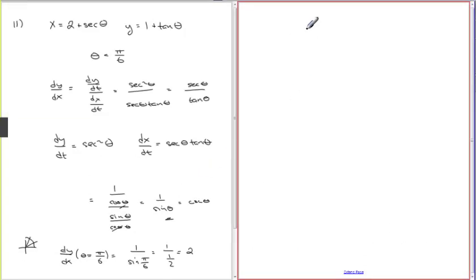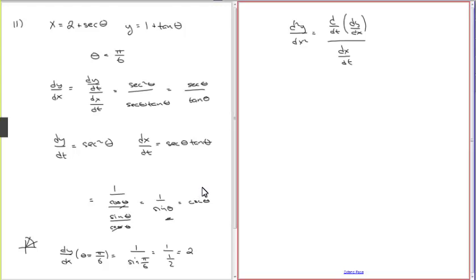dx. To find the second derivative, which is the concavity, which is d squared y over dx squared, you take the derivative with respect to time of dy/dx, divided by dx/dt. So we take the derivative of dy/dx. What is dy/dx? Well, it's the cosecant. And the derivative of the cosecant, I think, is negative cosecant cotangent. Not 100% sure, so we could go